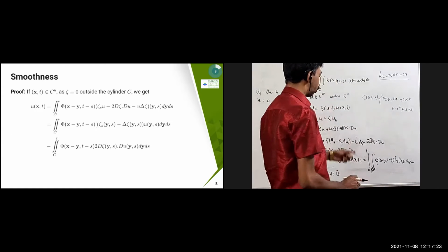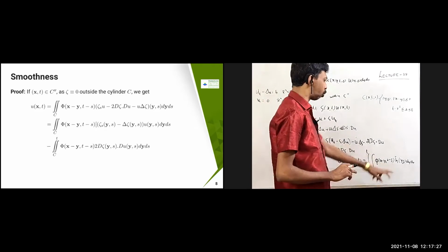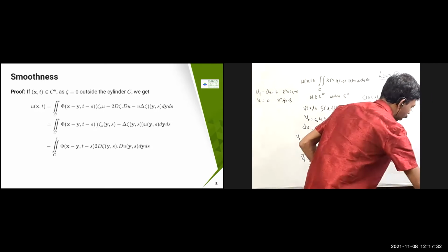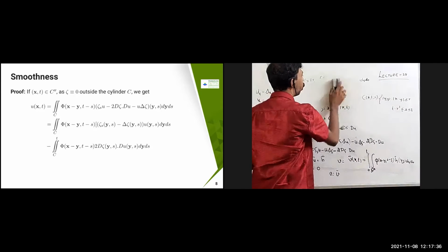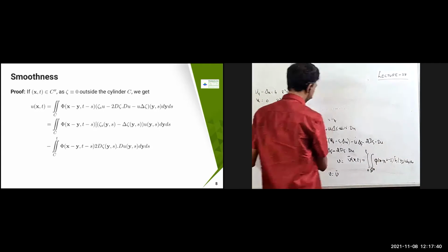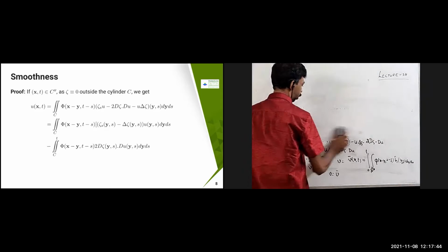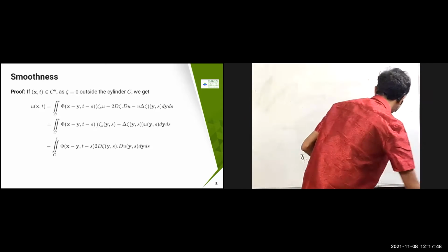Now we have to expand this one. This v bar of x comma t, we have to expand because your kach bar is not this one, kach bar is this one. I have to substitute and then get it. So let us substitute and then simplify that. Then the rest of the part is very simple, we are going to do some integration by parts only. Let us do that. So let us expand that one.